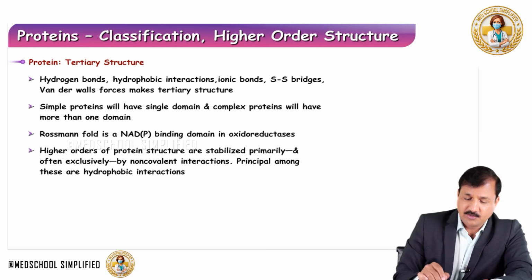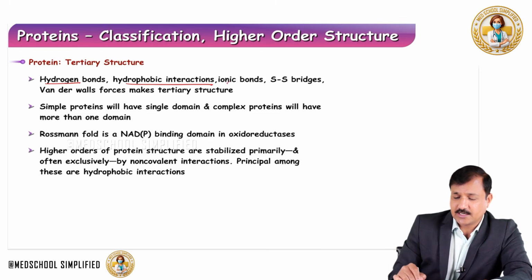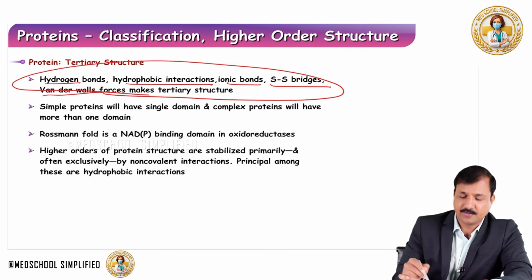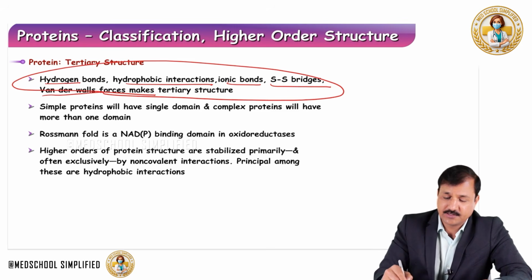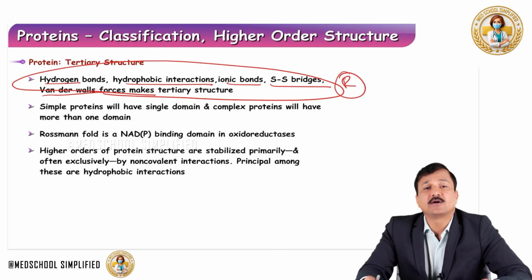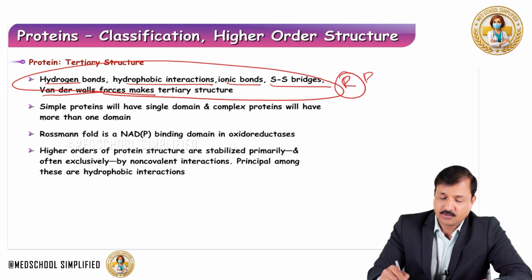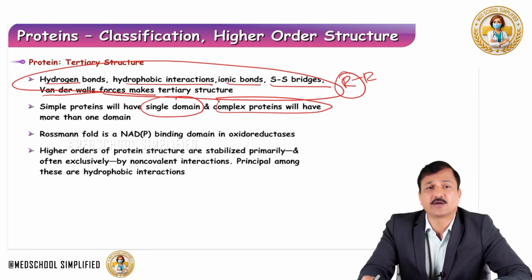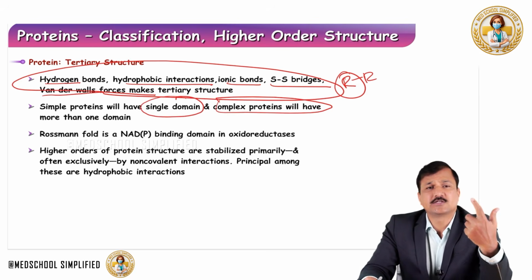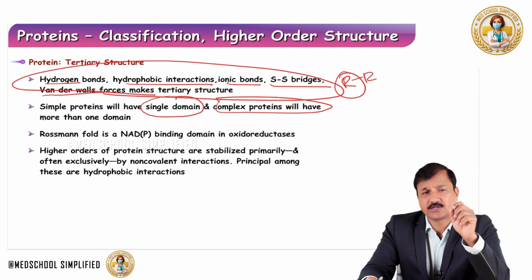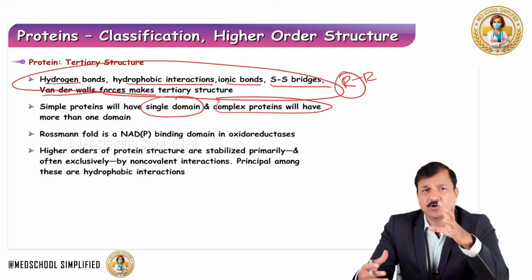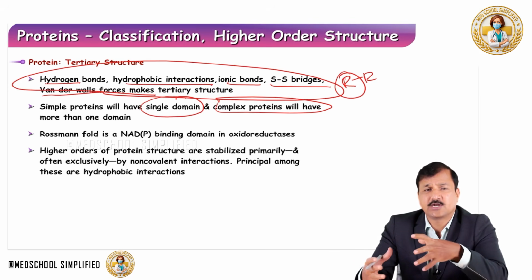Now, hydrogen bonds, hydrophobic interactions, ionic bonds, disulfide bridges and weak van der Waals forces all make the tertiary structure, because all of these kinds of bonds are possible between R group interactions. So simple proteins will have a single domain, and complex proteins will have more than one domain or subunit. If it is a simple protein, it just has one tertiary structure, one subunit. If it is a complex protein like, say, hemoglobin, hemoglobin has 4 subunits, so that means it has 4